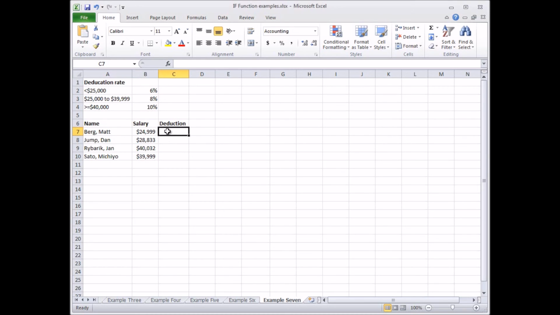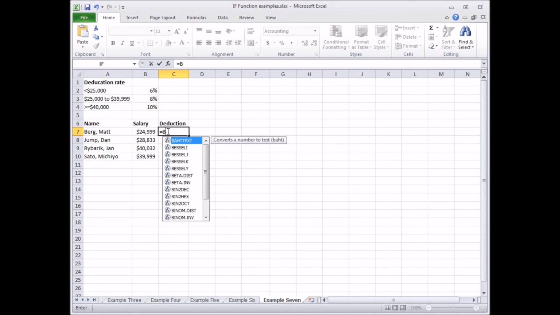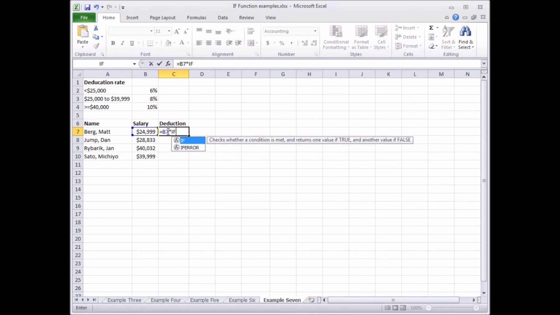So I'll start my formula out, put my equal sign, and once again I'm going to save a little time by doing my multiplication of the result of the IF function instead of doing multiplication inside the formula. So I'll go B7 times IF, and my first logical test is B7 less than 25,000, comma, if true, the